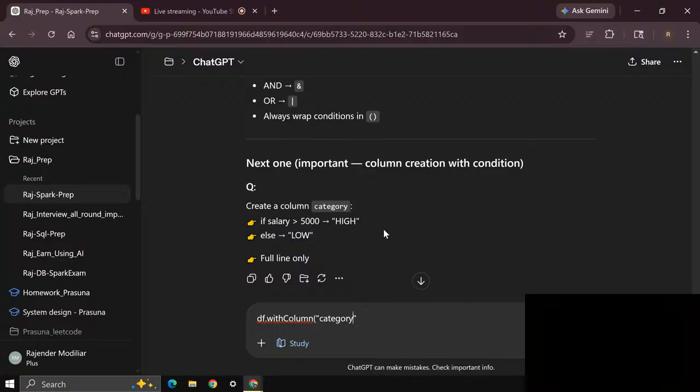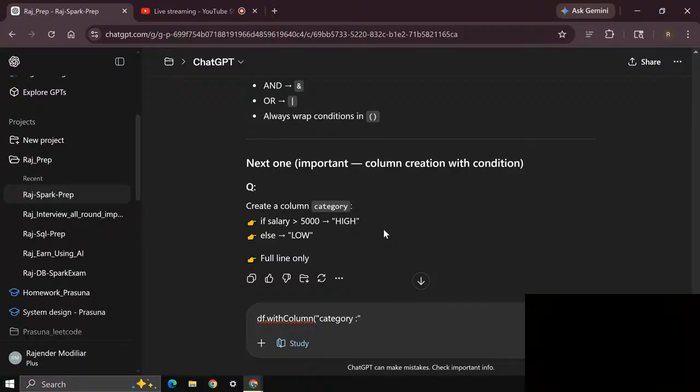It has a colon, so I'll use the colon itself. I think there is a space after that. You need to mention that with the column. I think there is a variable we need to use now. Column creator with condition.